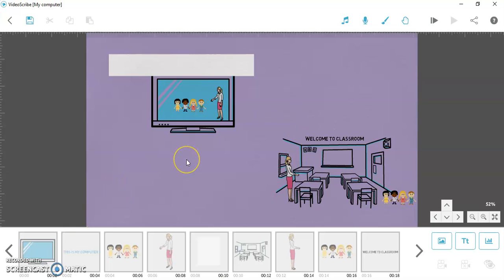Along with that we can change the order of your elements over here. Down to this scribe there is a timeline, so it includes all the elements that we have added so far. So by drag and drop we can change the elements' position and relocate them as we require. So in this way